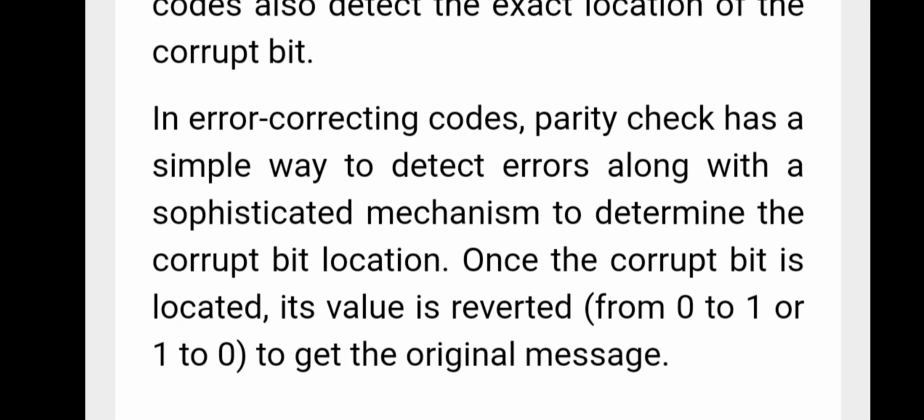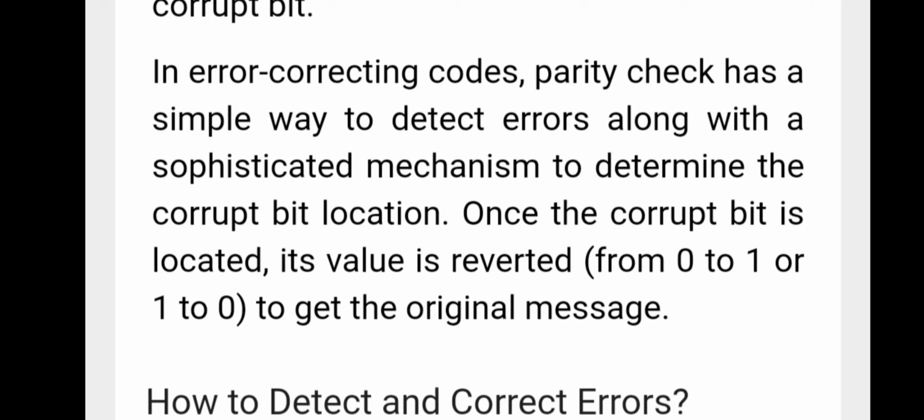In error correcting codes, parity check has a simple way to detect errors along with a sophisticated mechanism to determine the corrupt bit location. You need to identify the location of the bit which is changed from 0 to 1 or 1 to 0. Once the corrupt bit is located, its value is reverted.